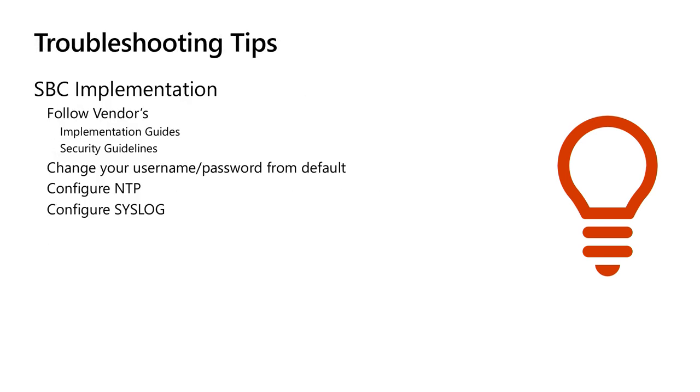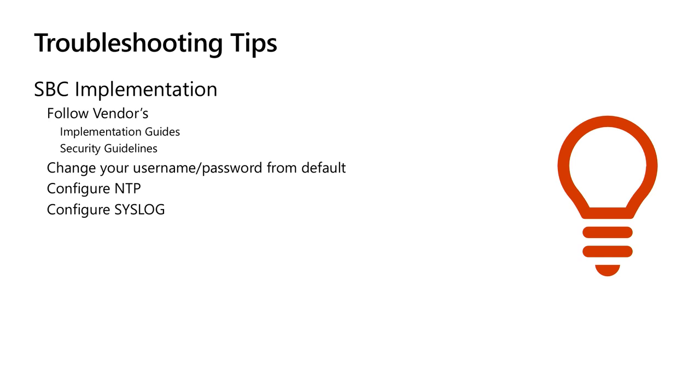SBCs, just follow the vendor's guides. It's very simple to do. We can install direct routing in 5 minutes. It's that simple. The biggest issue is with the interconnect with the carriers. So sometimes you'll get the initial calling working, but it's call forwards, that type of stuff. So that's where it goes. Make sure you do your security guidelines. They all have security guidelines. And change your username and password from default. The amount of times that I'll get access to a customer's SBC, and it's the default username and password,